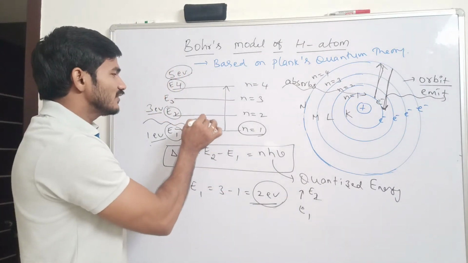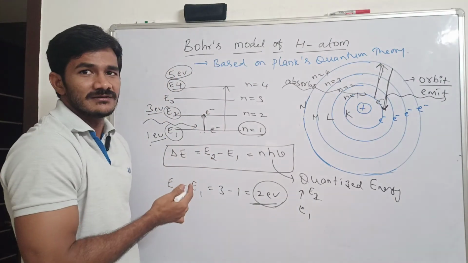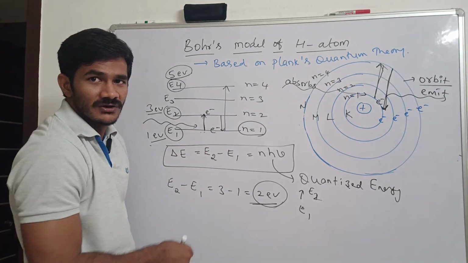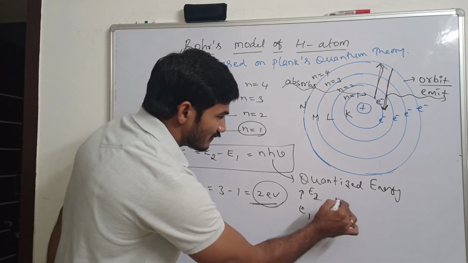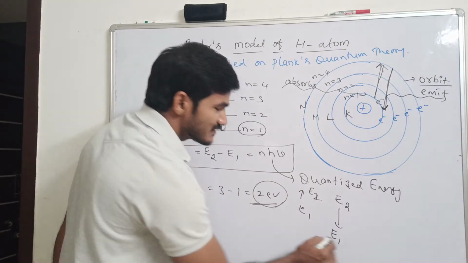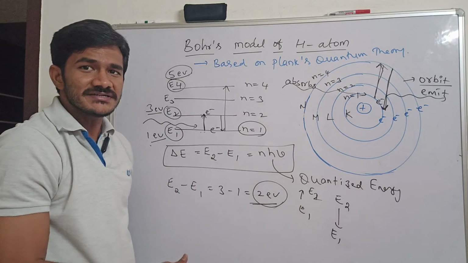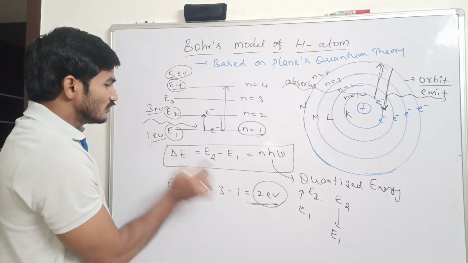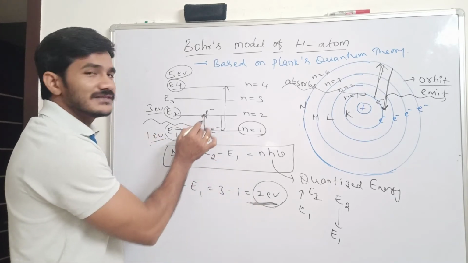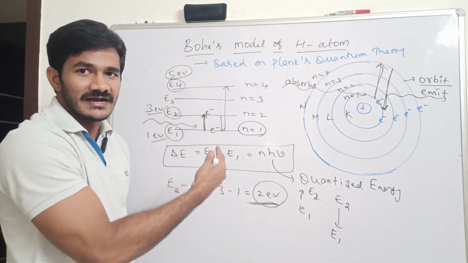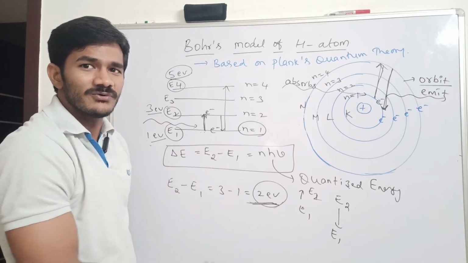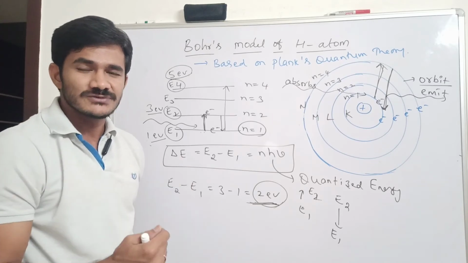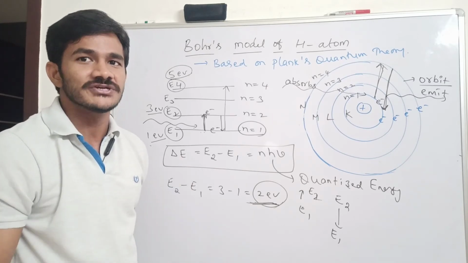While shifting from E1 to E2, the electron becomes unstable because it becomes more energetic. It always tries to come back to the ground level. While coming back from E2 to E1, that is de-excitation, how much energy is emitted? The same amount of energy is emitted, because 2 electron volts of energy was taken by the electron to go from the first orbit to the second orbit and undergo excitation. The same amount of energy will be emitted during the de-excitation process. The amount of absorption is equal to the amount of emission.